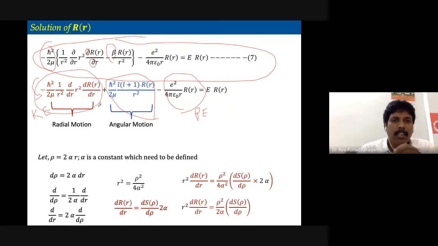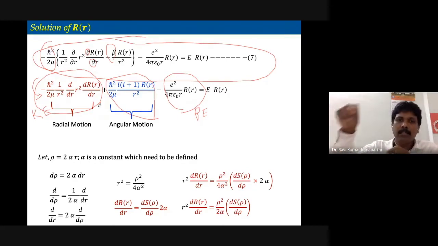Well, the other term, when it is moving in this direction, you remember the potential energy doesn't depend upon the direction. In the case of hydrogen atom, the potential energy doesn't depend on direction. So the potential energy can be in this direction, or at a distance of r in the other direction.